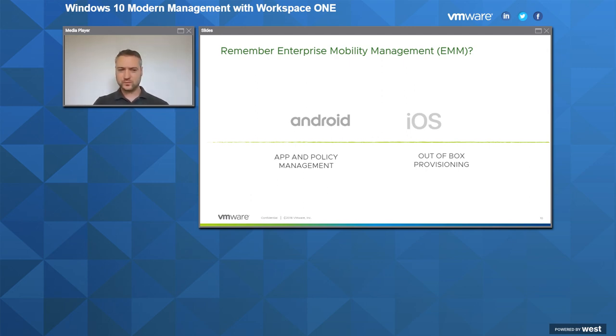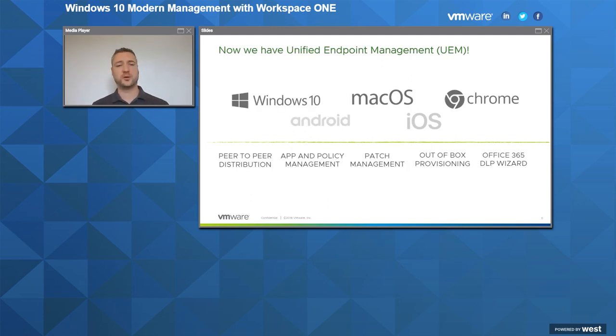Several years ago, a new trend started to emerge, and that was driven by the fact that you had this dichotomy between desktop class operating systems and mobile operating systems. So for the past few years, the really big trend in end-user computing has been unified endpoint management. So that's taking the same capabilities you had for Android and iOS and extending them to desktop class operating systems, so the likes of Windows 10, Mac OS and Chrome.